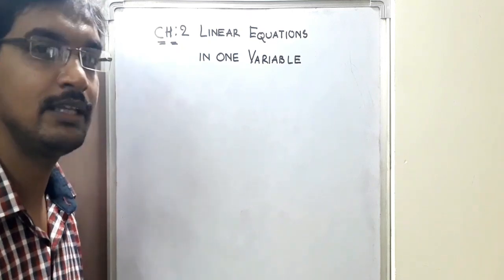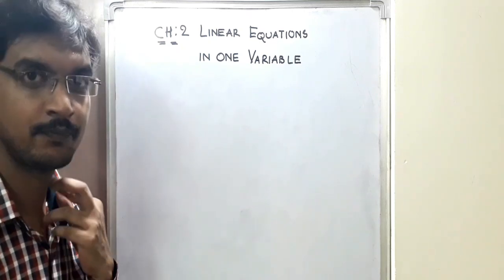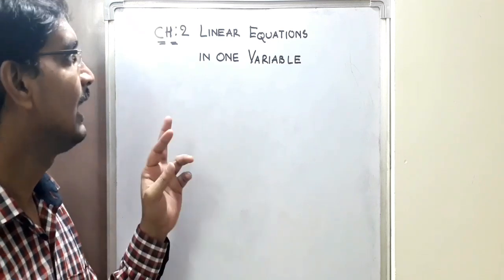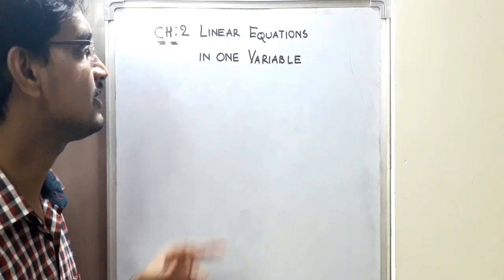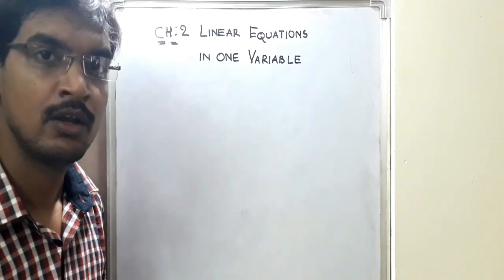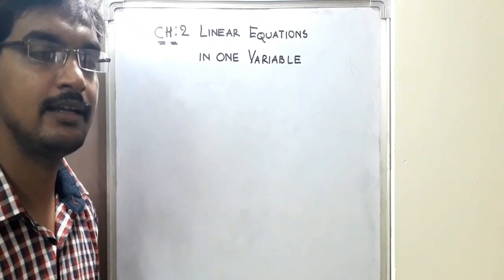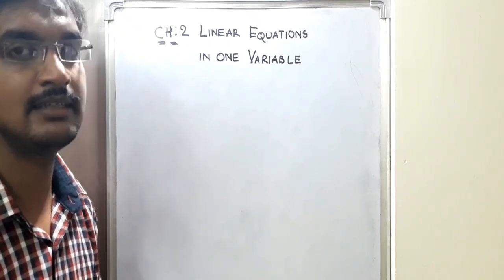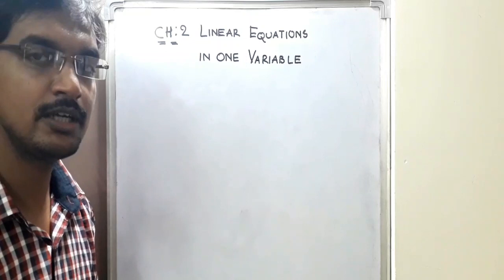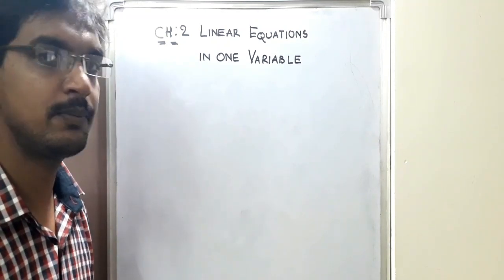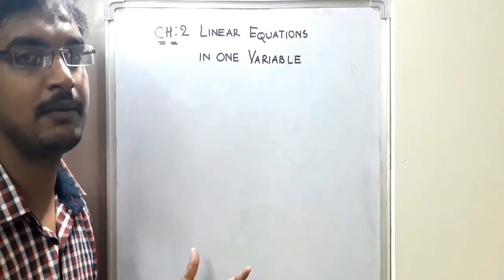So, as we are done with exponents and powers, today we are going to start our new chapter, chapter 2, linear equations in one variable. As this is the chapter which has its root in 8th and it is going to be continued in the 9th and 10th standards, I appreciate if you could follow the class very carefully as I am going to explain everything part by part and line by line.